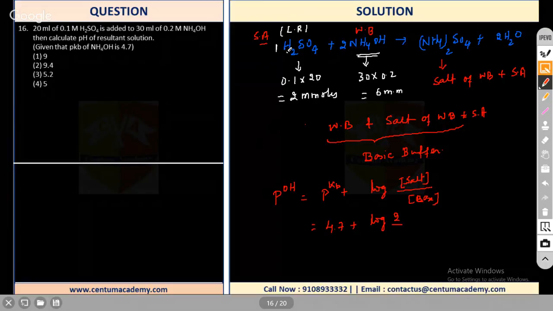So 1 mole combines with 2. So 2 combines with 4. So out of 6, 4 reacts and 2 millimoles of this base will be left. Right, and 1 gives 1, so 2 gives 2 millimoles of the salt. So 2 by 2 we will get